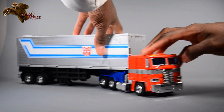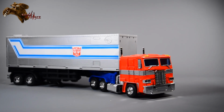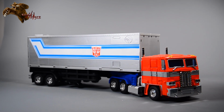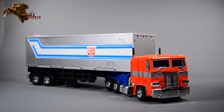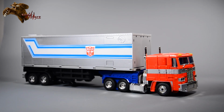Make sure my hands aren't in the way here. Yeah, it's been a little while since I've reviewed. I was actually just on vacation. Got back tonight, actually, from Colorado. And it was an awesome time. Nice to kind of get away from things, spend some time with the missus, all that good stuff. But, anyway,